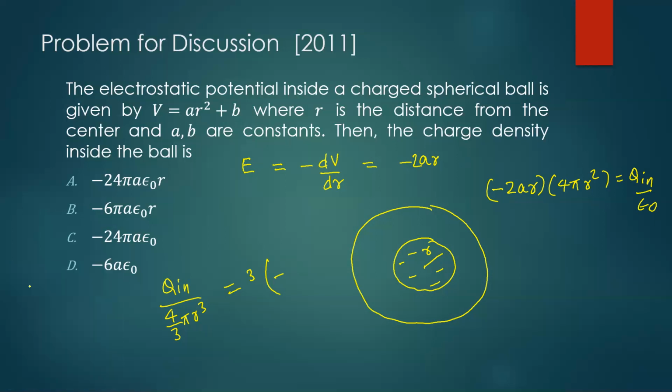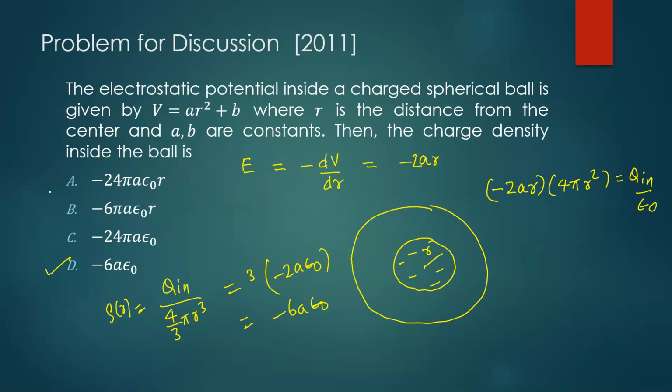So you get minus 2a epsilon naught. So we should get minus 6a epsilon naught. You understand? It's a good problem, but doable, right? So the answer should be T. So we're getting electric field. See, in the earlier problem, we went from charge to electric field. Now we are going from electric field to charge density. Okay, so this is our charge density as a function of R, which is, by the way, constant.